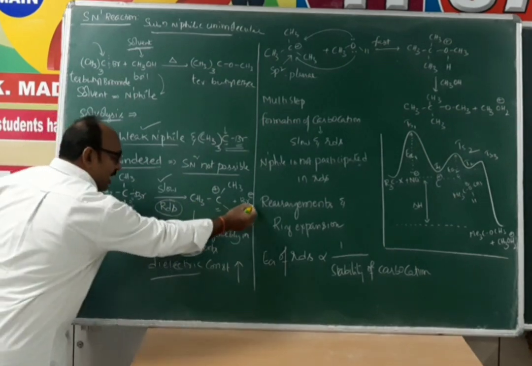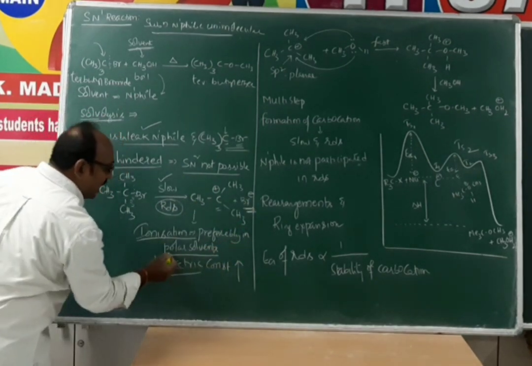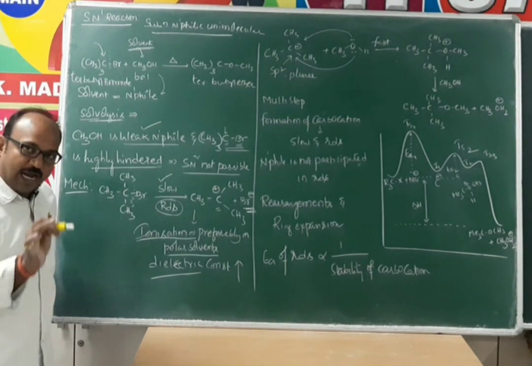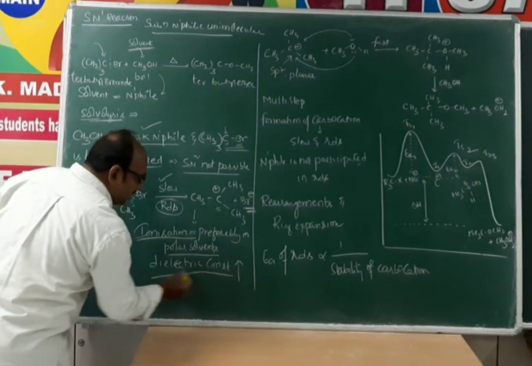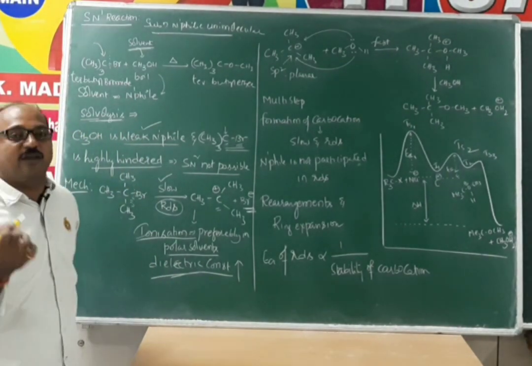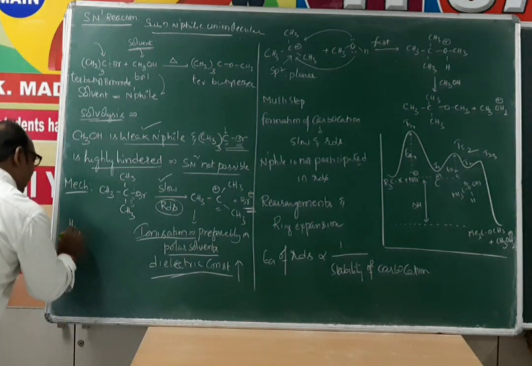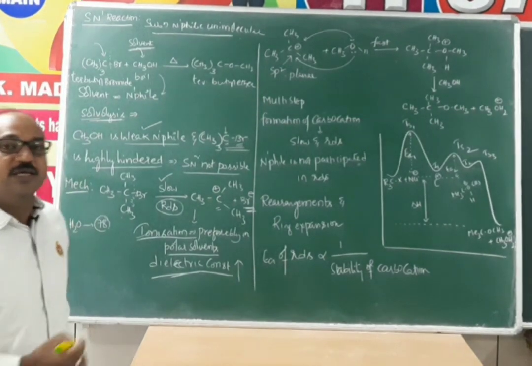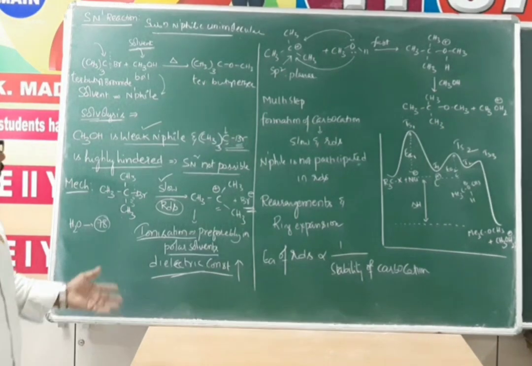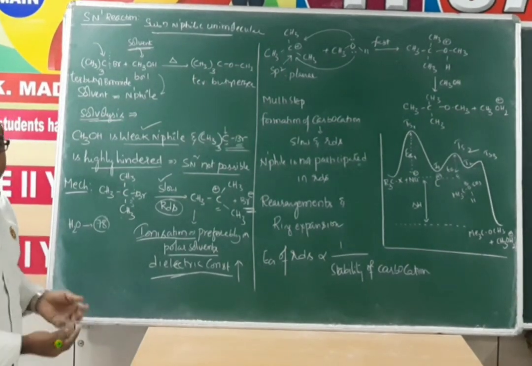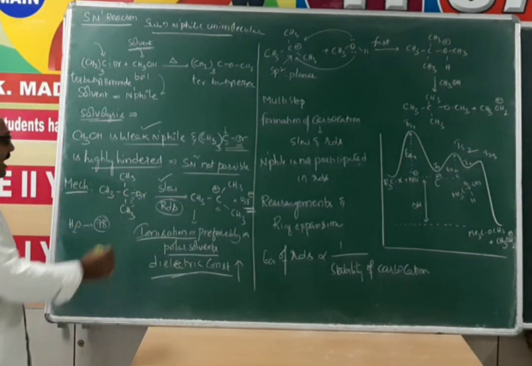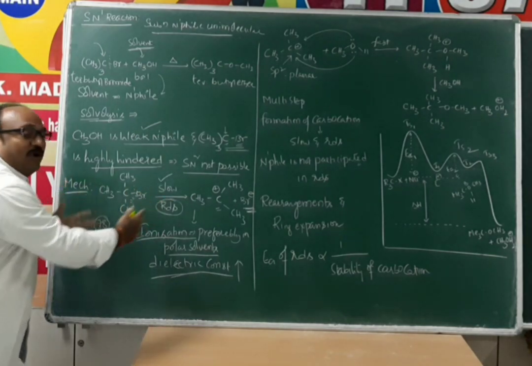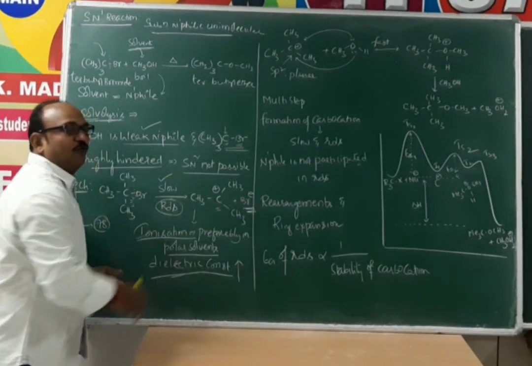So the first step, ionization, takes place preferably in polar solvents. Polar solvents means water, alcohol, ammonia, those which are able to form hydrogen bonds, and with more dielectric constant. Shall we use water, which has a high dielectric constant, nearly 78? Water's dielectric constant is 78. Dielectric constant means the ability to weaken the bond between carbon and the leaving group or halogen, whatever it may be. So if the solvent has more ability to weaken this bond, then it is directly proportional to the ability to form ions.